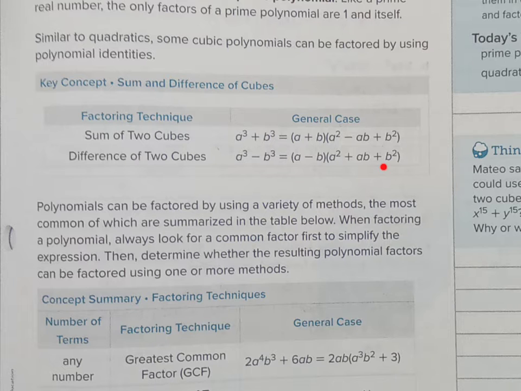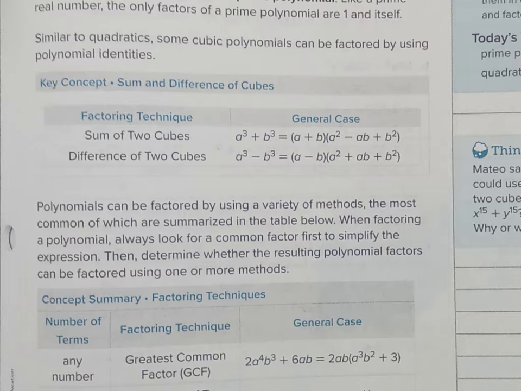Now, unlike other factoring, the only way to factor sums of cubes and differences of cubes is to memorize this formula. Okay, and it looks like there's two formulas, but if you notice, the only thing different between these two is that the signs are different. So really, all you're doing is memorizing one of these formulas, and after that, you are going to use this